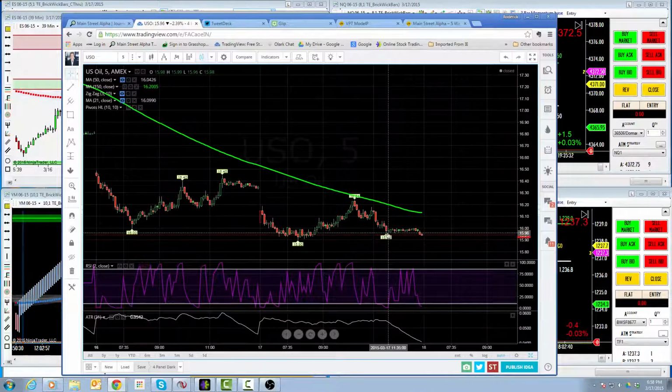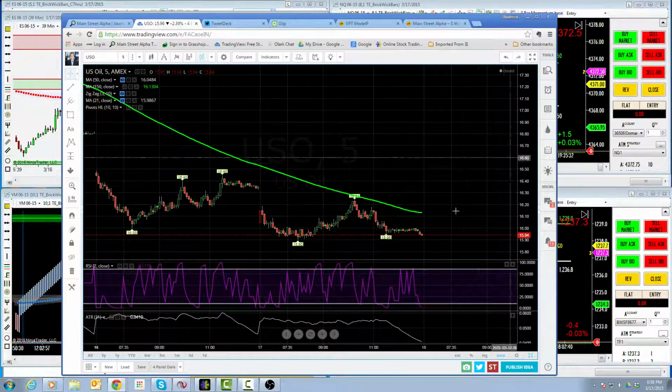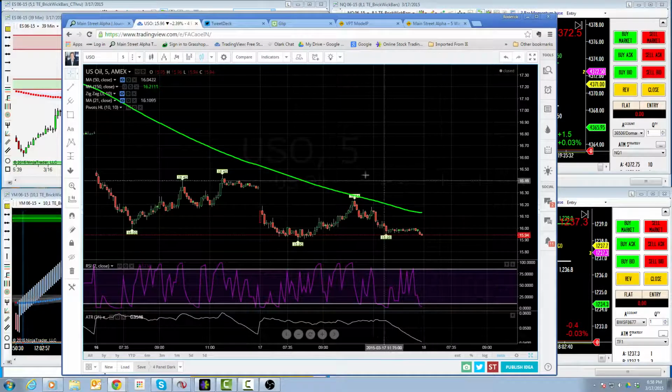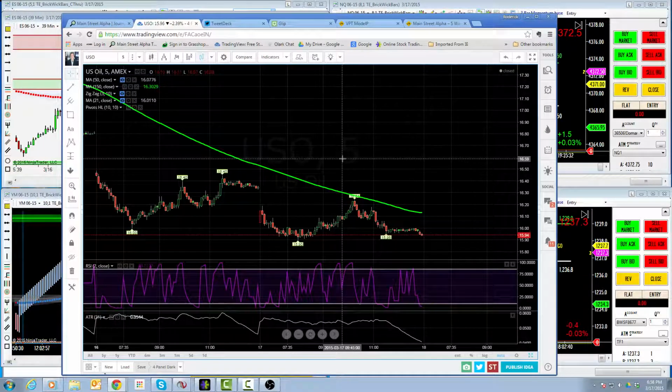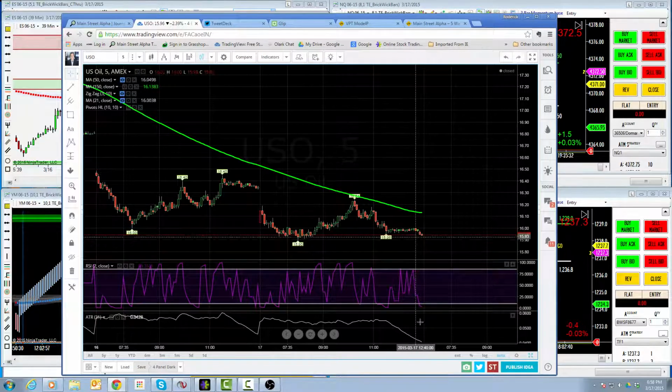So I picked this up initially around 16.5, did an adverse excursion, added down. Now we have 15 shares, and I wrote both the 16 and the 16.5 to lower our cost basis. I have no stop on this, and I'm actually fine. Looks like crude's a little weaker right now. It's trading down, and we got the USO at 15.83, and it closed at 15.94, so it's down another dime. You can see on our 2 RSI we're way oversold, so I don't mind playing crude this way through USO.